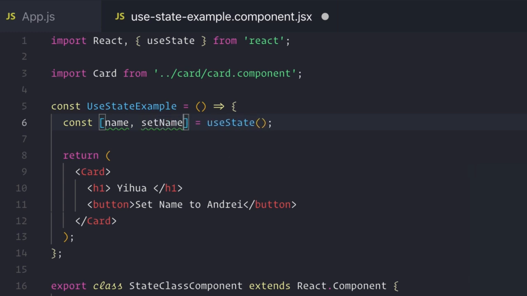So typically we want to be very explicit about what these two consts that we're getting back will be. Now what we pass into useState is going to be the value that we want the initial value of this state to be. So for example, we're trying to set a string. I'm just going to set useState and the initial value to a string value of Yihua. And now I'm actually able to use these values inside of my component,